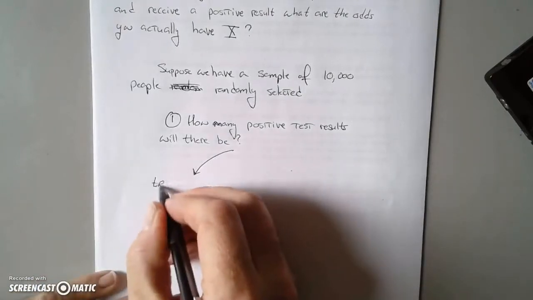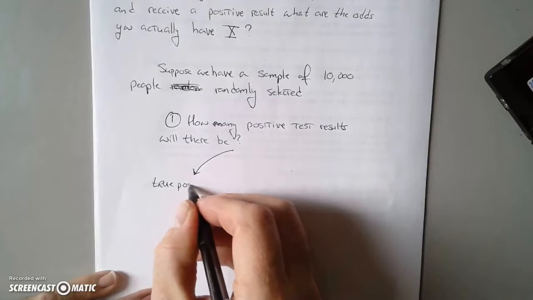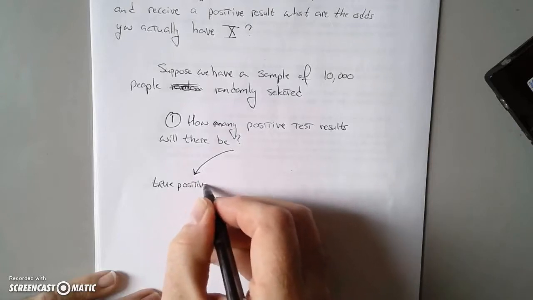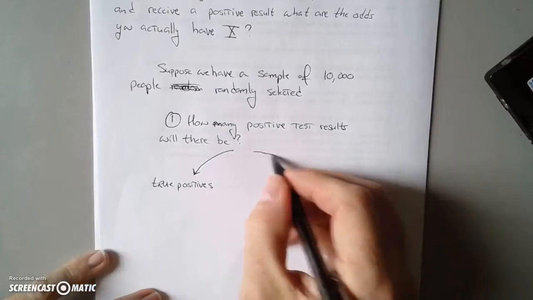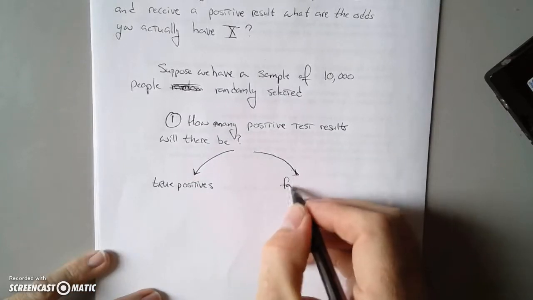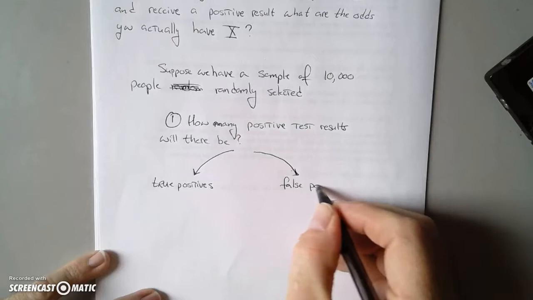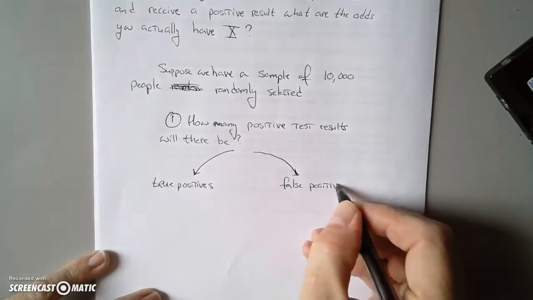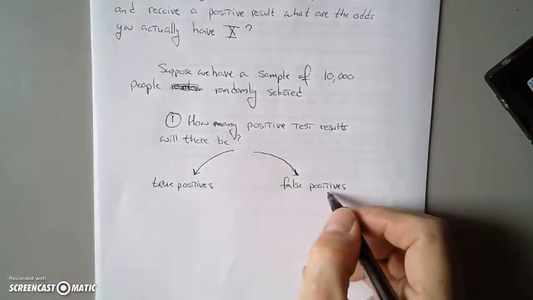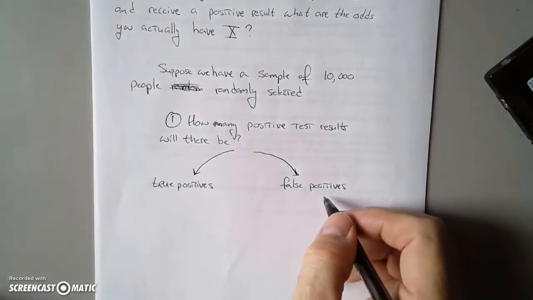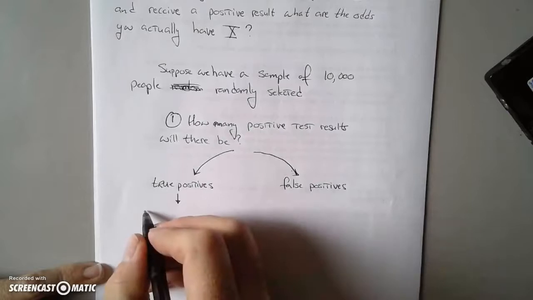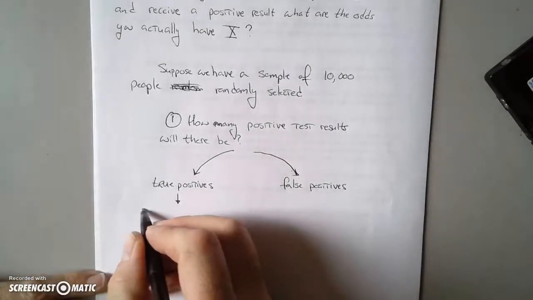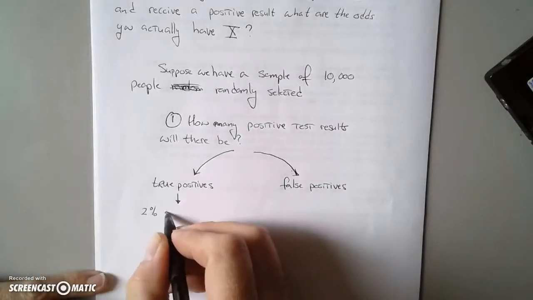There are true positives. These are positive test results of people who do have the condition. And then there are false positives. So these are people who get a positive test result but do not have the condition. Let's start with the true positives. First, we need to figure out 2% of